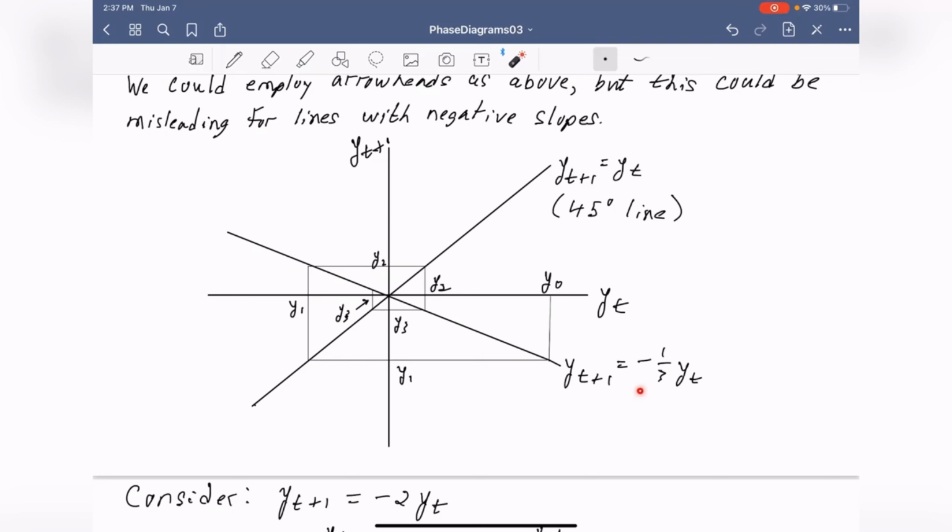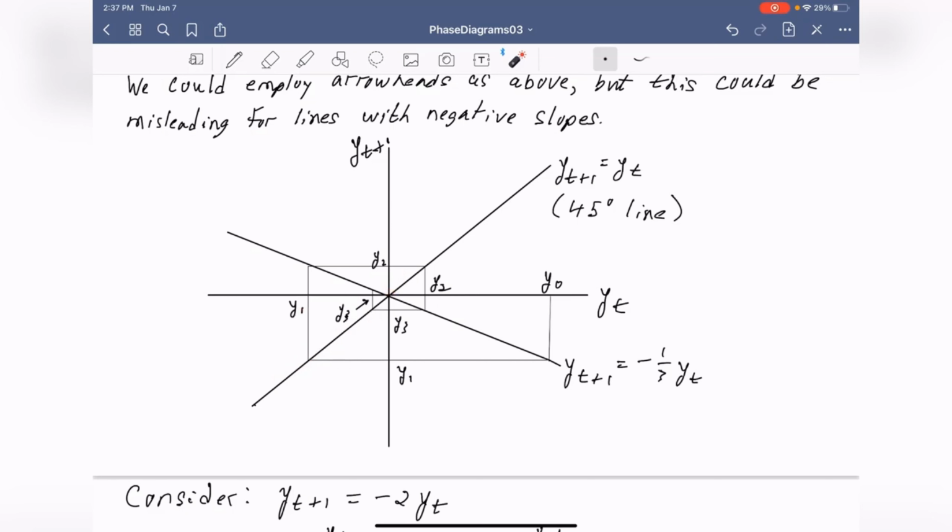And now we've got y_{t+1} equal to minus 1/3 y_t. So we have a line here which represents the relationship between y_{t+1} on the vertical axis and y_t on the horizontal axis. In this case, starting with a y0 here, we drop down to the relationship itself, over to y1 on the vertical axis, which then translates via the 45-degree line into y1 on